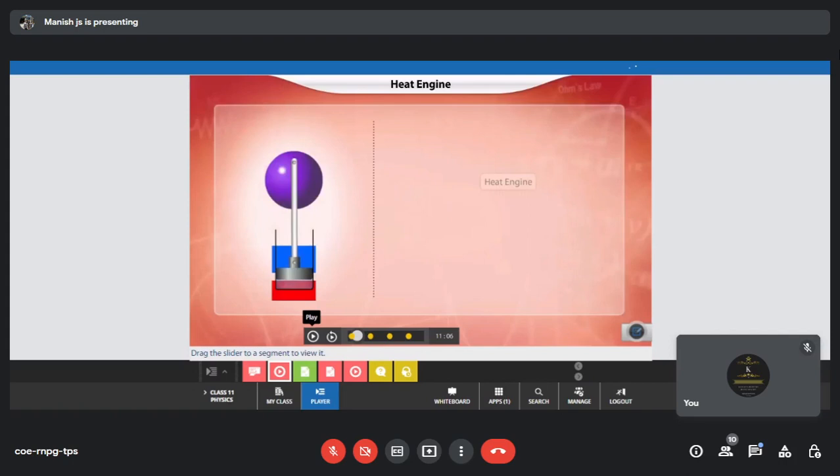Because it comes back to its original state, right? So everything cancels out and it is going to become zero. Always remember, for systems which are cyclic, the change in internal energy is zero. Now, can you give me examples of cyclic systems? Or what is a cyclic system in reality?